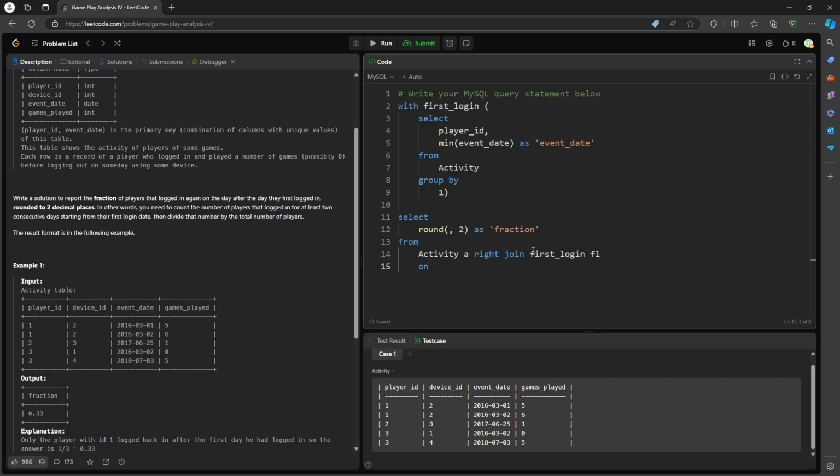We want to join based on player, so A dot player ID equals FL dot player ID,